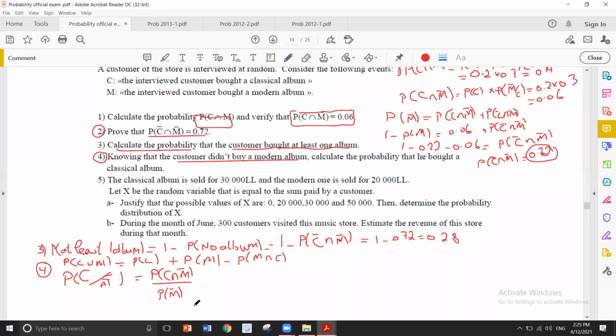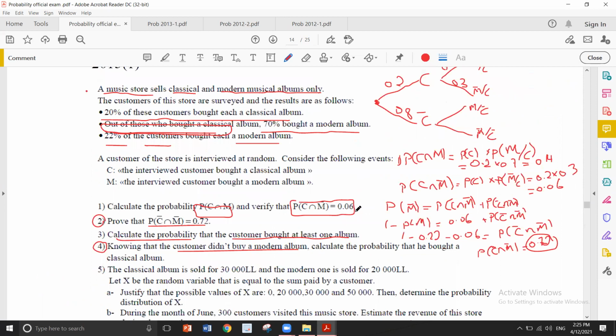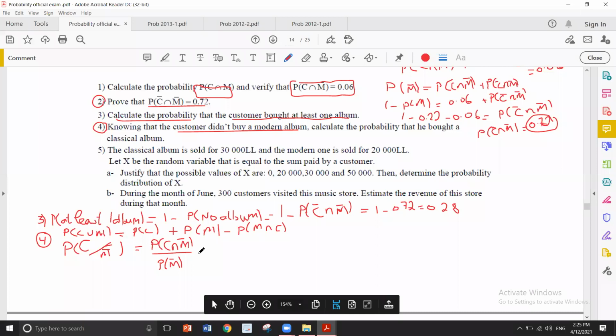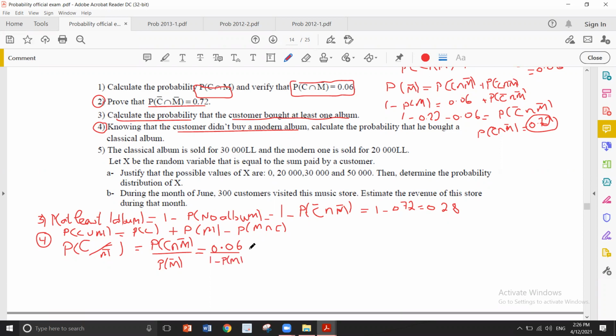It is 0.06. Intersection M bar, yes, 0.06. And M bar is 1 minus the probability of M. So it equals 0.06